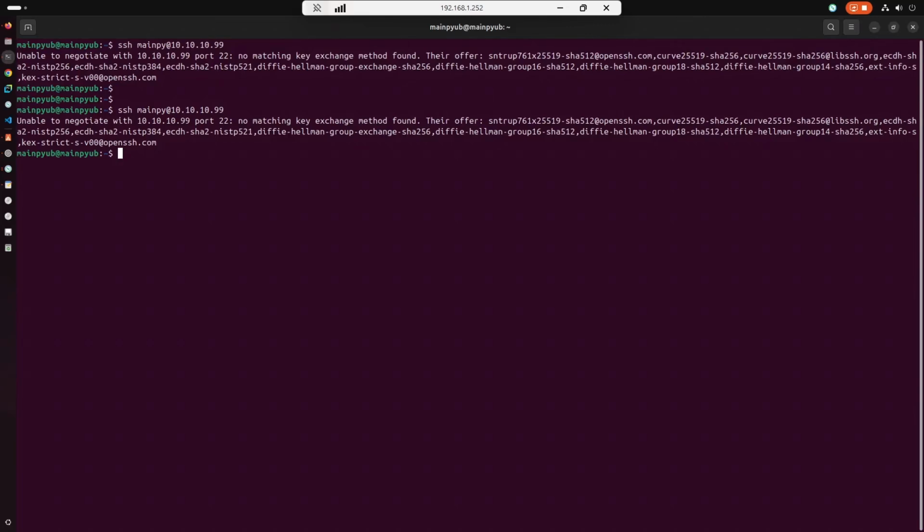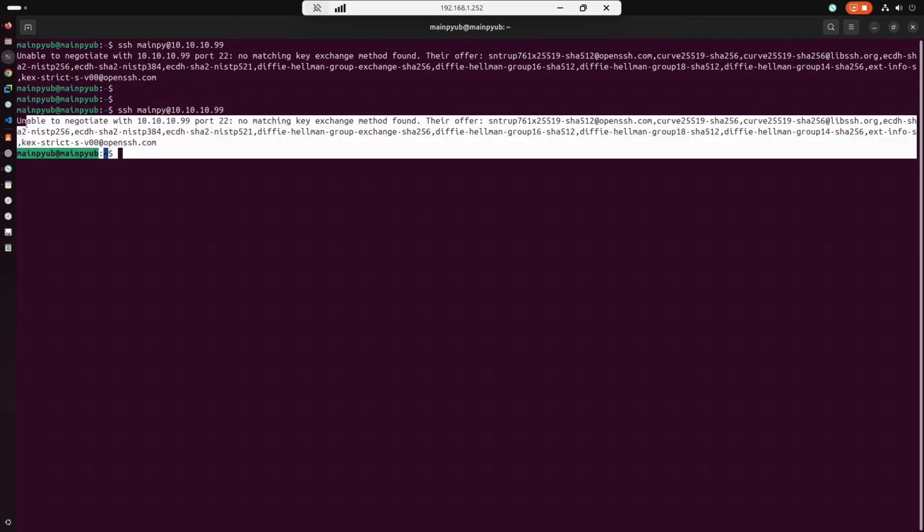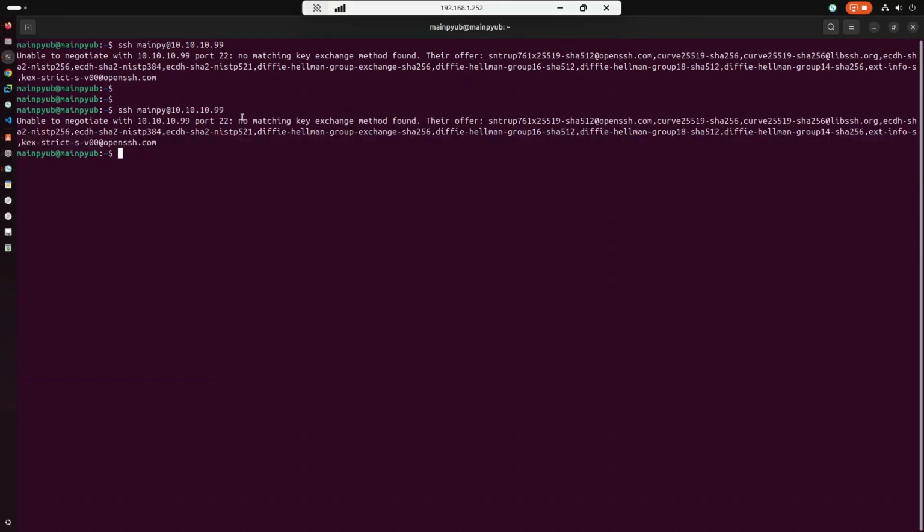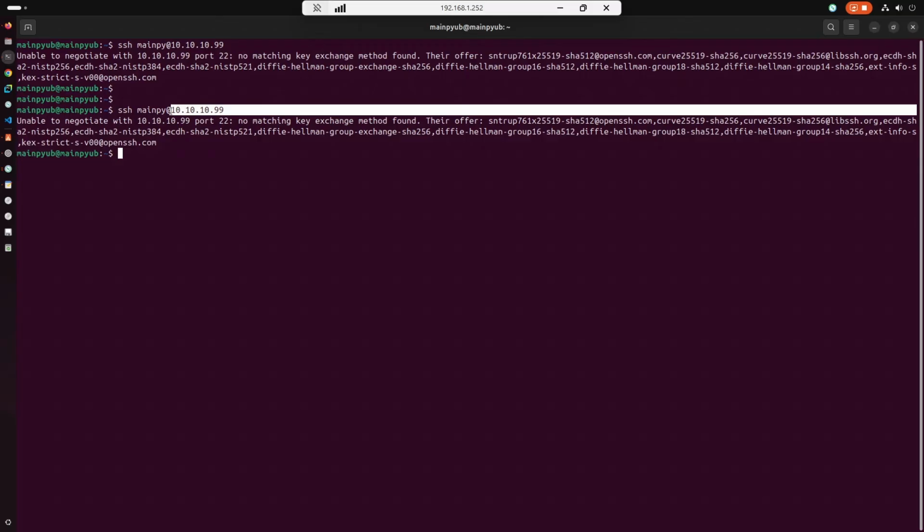Hi guys, in this video we will see the SSH related issue. I was trying to SSH to this Ubuntu system and I'm getting this certificate related issue. What it is telling is no matching key exchange method found. The SSH key negotiation is being offered by the remote server where we are doing the SSH,